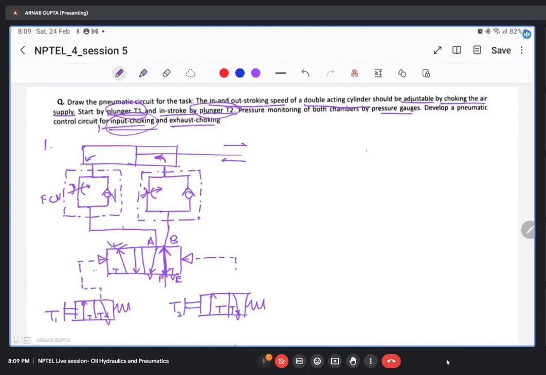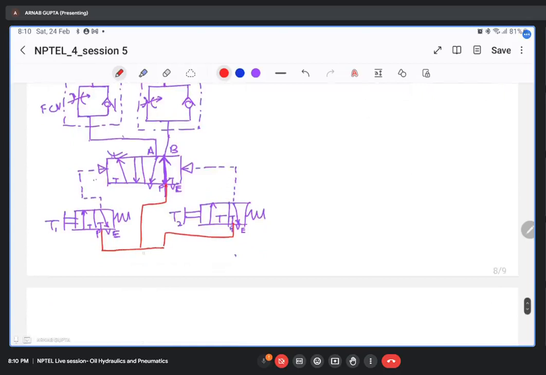Here also I am showing the neutral position. Now all the pressure lines, these P lines of all the valves, should be connected. This is one pressure line, this is one pressure line, this is one more pressure line. So all these three will be connected to your power supply. After the power supply line, you have this FRL unit